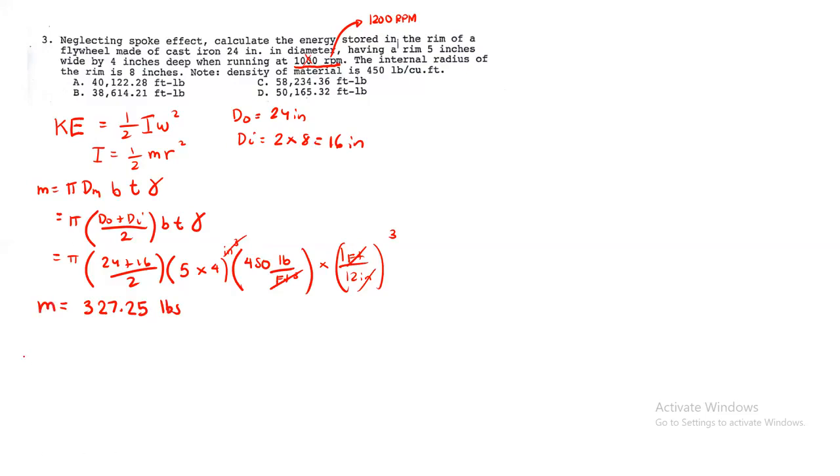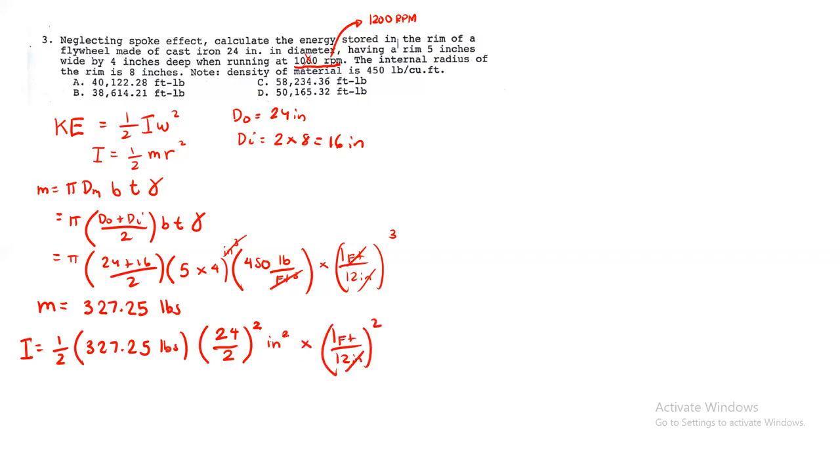Then, syempre, kukunin natin si I. So, I is equals to 1/2 times mass, 327.25, times ang radius na gagamitin natin dito, guys, is yung outside. So, 24 inches, since diameter yan, i-divide natin ng 2 para maging radius squared. So, magiging pounds inches squared. Then, i-convert pa natin into foot squared. So, 1 foot per 12 inches, then squared. So, para makancel si inches squared dito, lalabas dito is